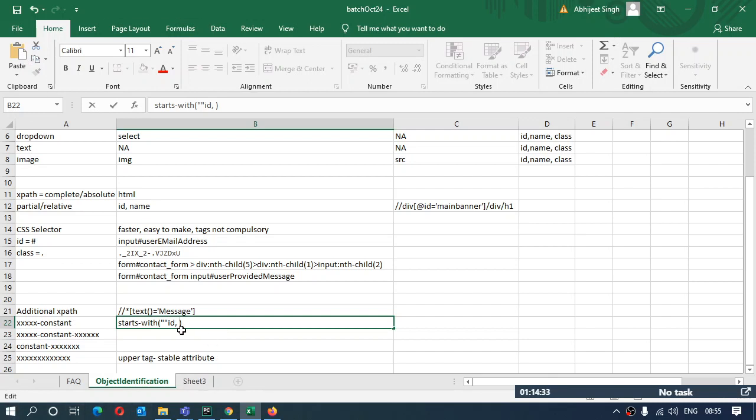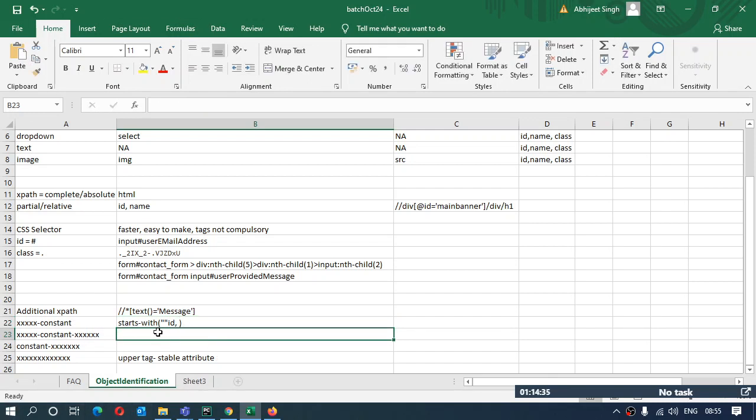But in these two cases, you can use another function, that is contains. This is another JavaScript function and the same things need to be passed: what you are looking for, the ID, and the part you are looking for, the constant, which you pass in the second parenthesis.